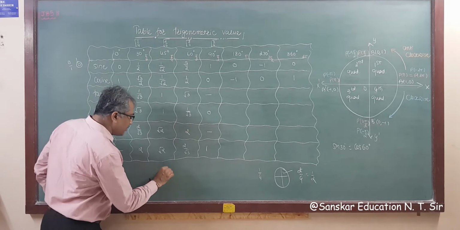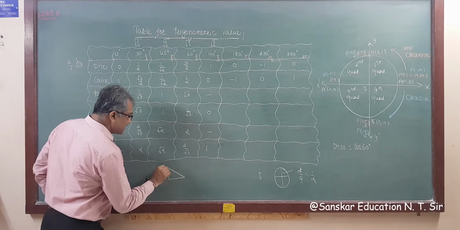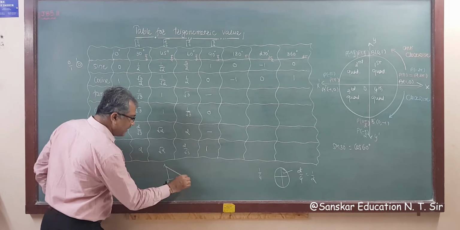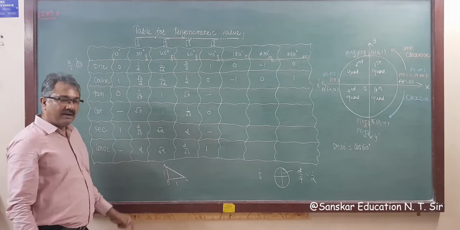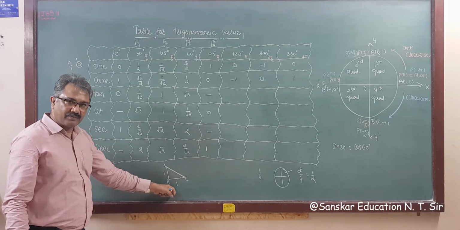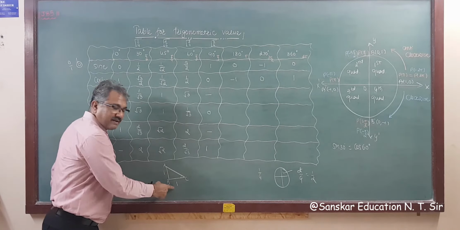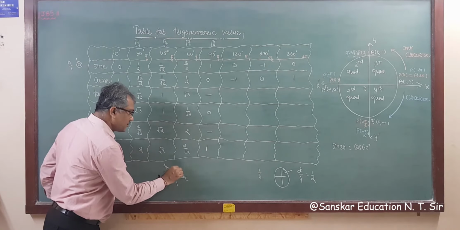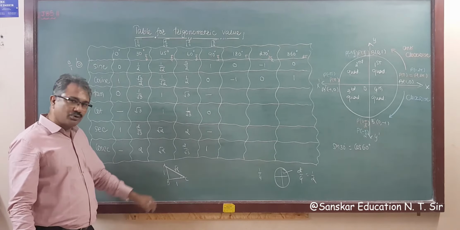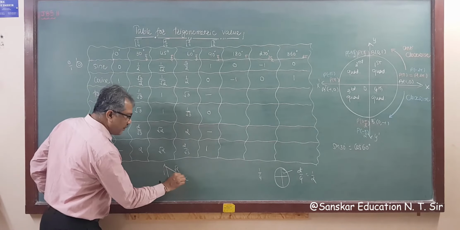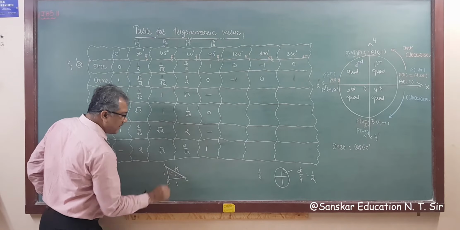So for values 0, 30 degree, 45 degree, 60 degree, 90 degree, you can construct a table using this. Otherwise, you have to remember two right angle triangles. Suppose this is a triangle ABC, in which length of side AB is 1, length of side BC is 1. Then applying Pythagorean theorem, AB square plus BC square is equal to AC square. So 1 square plus 1 square is 2, AC square is 2, therefore AC is root 2, right? If we take this as 45 angle, then this is also 45 angle, right?